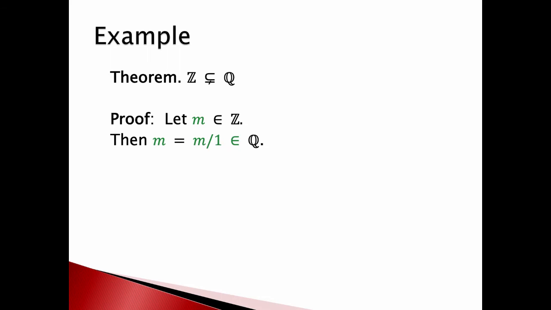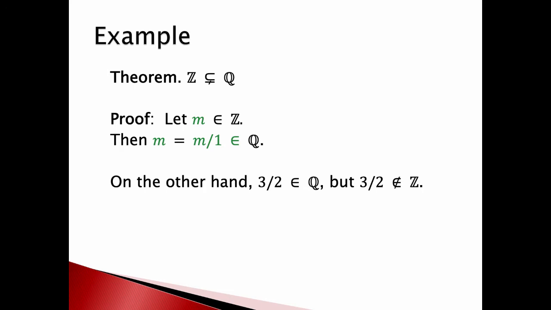So we take our number m, which is an element of Z, and then if we write that as m divided by 1, well, that fits the pattern for what it means to be a rational number because it's an integer divided by an integer and the denominator is not 0. So therefore, m divided by 1, which is also obviously equal to m, is an element of Q. So there we go. Z is a subset of Q. How do we get the proper part? Well, there are a lot of rational numbers. 3 halves is the one I picked to show on the screen, which is a rational number, but definitely not an integer. So Z is a proper subset of Q.